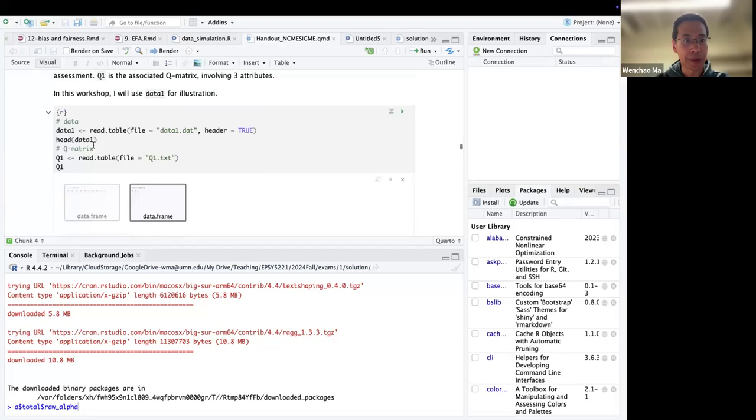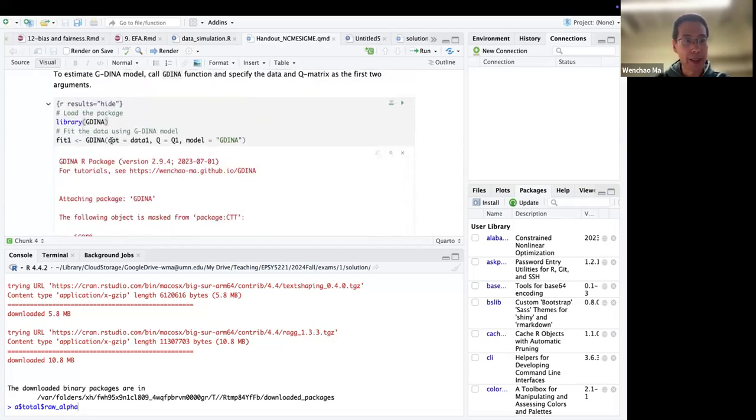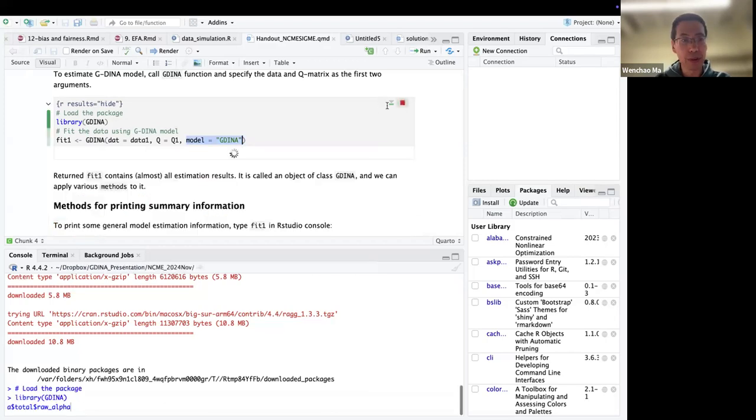First of all, you need to read the data and Q matrix. And then you can run library GDINA, which will load the GDINA package. And then we say we have fit1 GDINA, and then we need to specify at least 2 things, the data and the Q matrix. The first input is a data matrix. The second one is a Q matrix. And the third one is actually your model, but by default, it's the GDINA model, which means even if you don't specify it, it will still fit the GDINA model for you. Okay, so if you run this one,